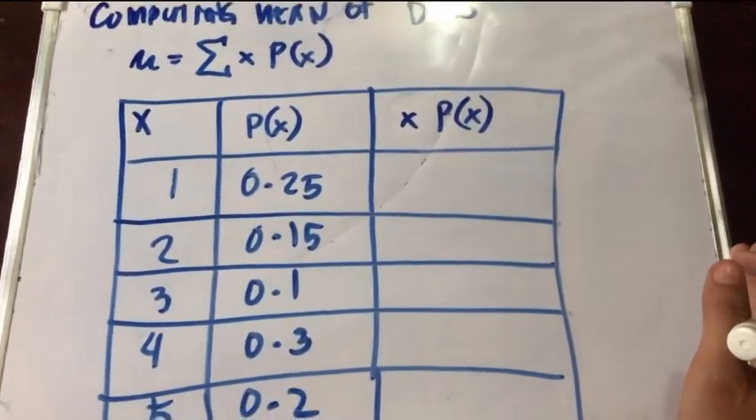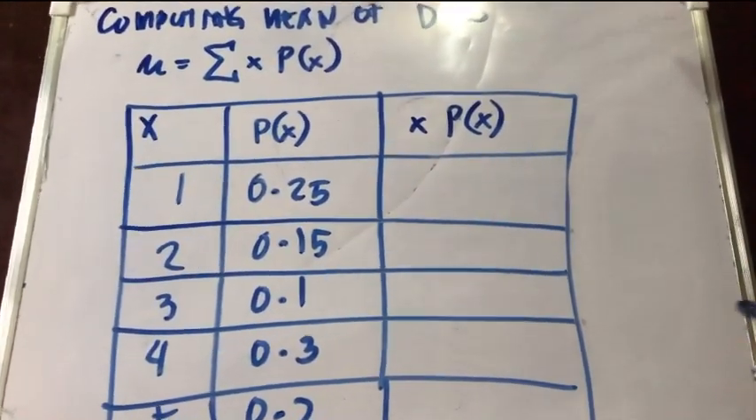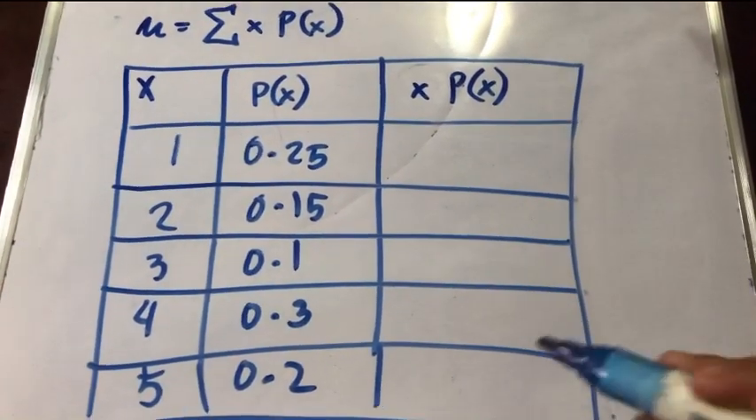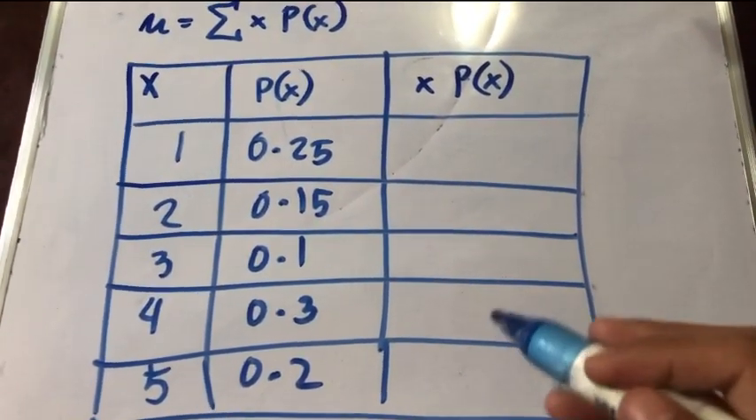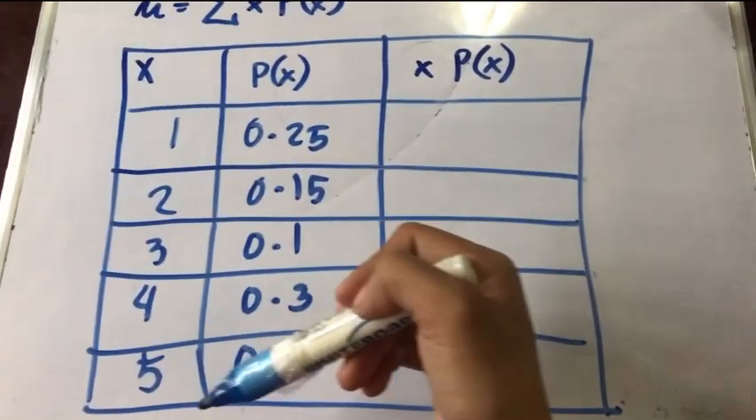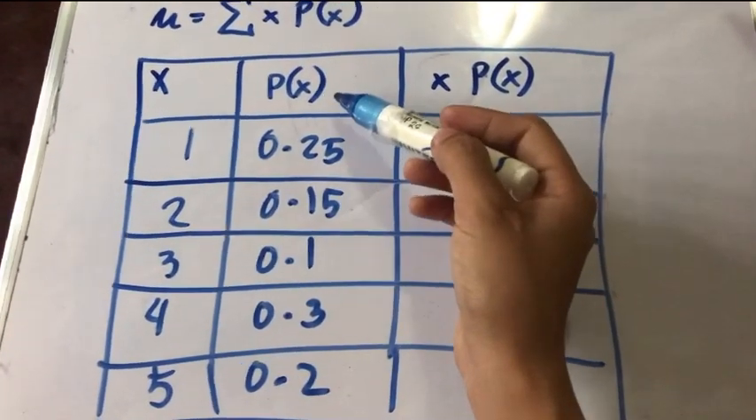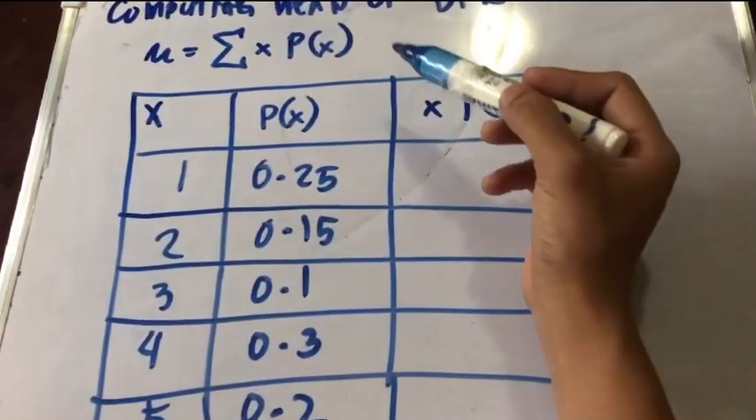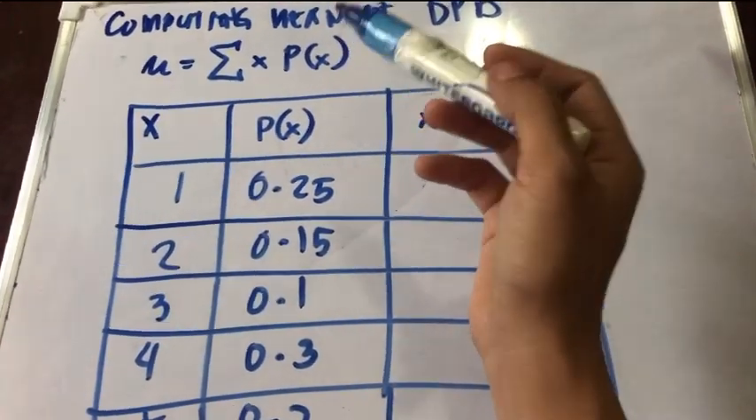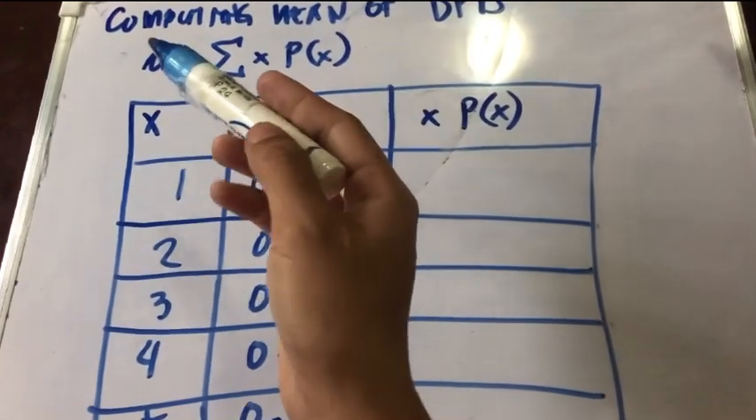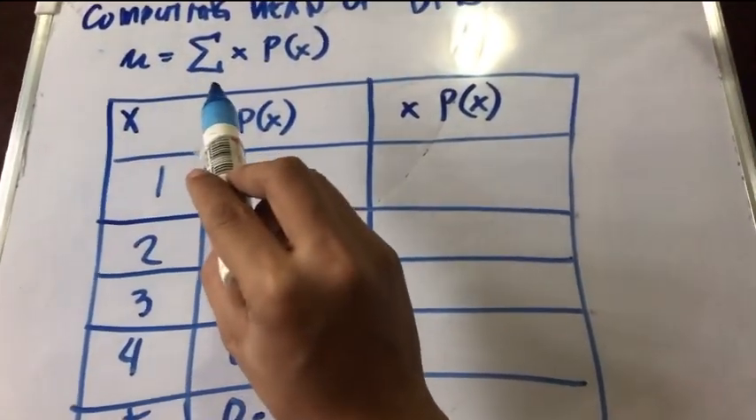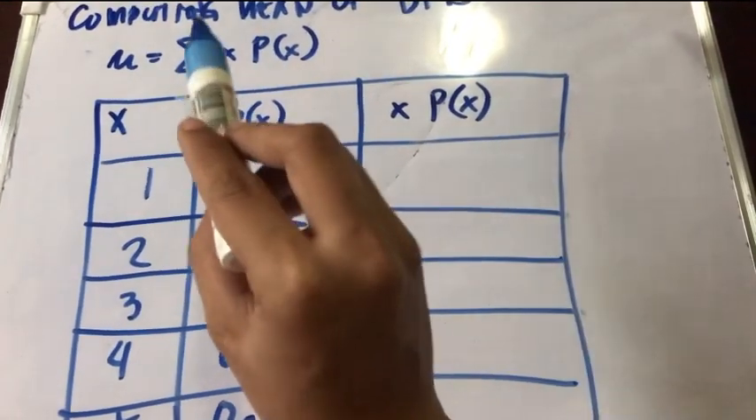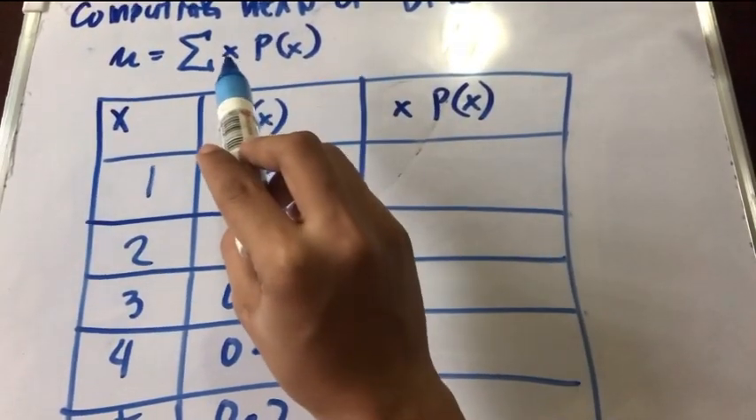In this case, I am going to teach you how to compute the mean for a discrete probability distribution. This is just a continuation of the previous one. So we have our x, our random variables, and the corresponding probability of each variable. This one is the formula for computing the mean. This is read as mu. Mu is equal to the summation of x times P of x, or the mean is simply the summation of